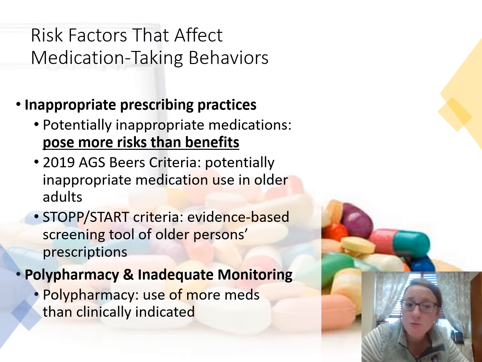So some of these tools are the Beers criteria, which has a big list of medications that should not be prescribed in older individuals. And if you remember the big one that I mentioned, it's anticholinergics, right? We do not like that type of drug in the older individual because of the increased risk for delirium. And other antipsychotics are not a good choice for older individuals. So the Beers criteria is a great tool to help practitioners decide on the best regimen for their patients.